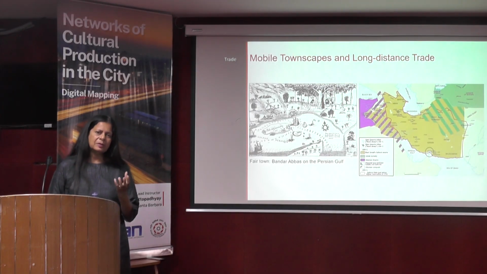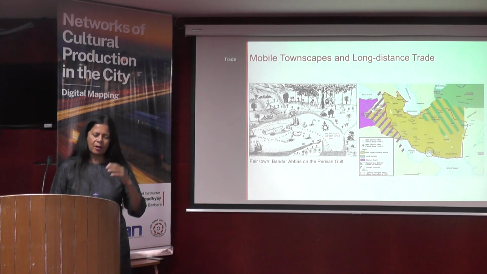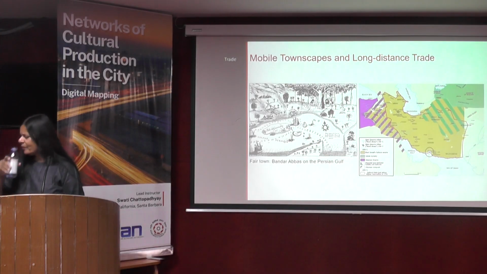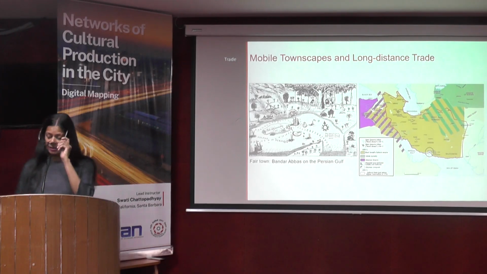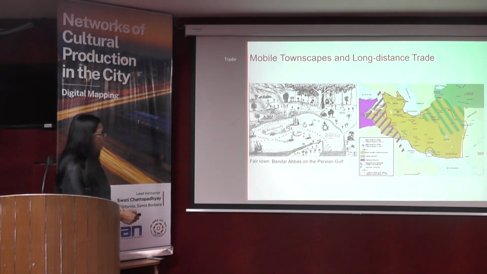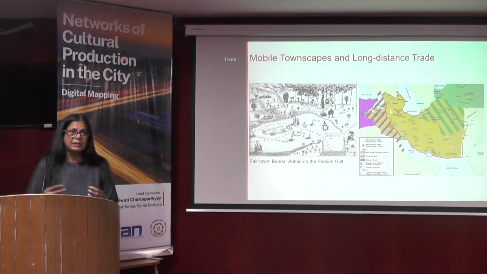Many settlements, and I'm picking up a strand from the 1500s onwards, were really mobile settlements. One example is the little town of Bandar Abbas. You probably know where the location is. It's in the state of Hormuz, and it's extremely important because it guards that little space between the Sea of Oman and the Persian Gulf. So this is its hinterland, and this is the time of the Safavid Empire coming into being. It was a very important